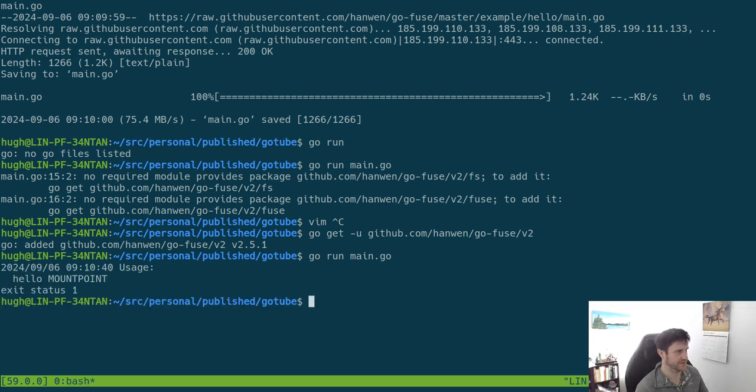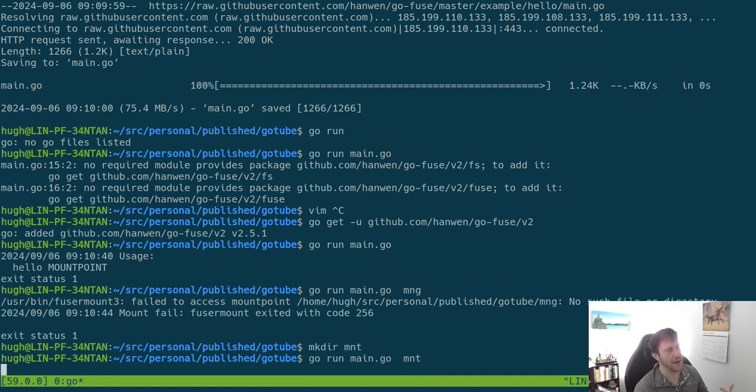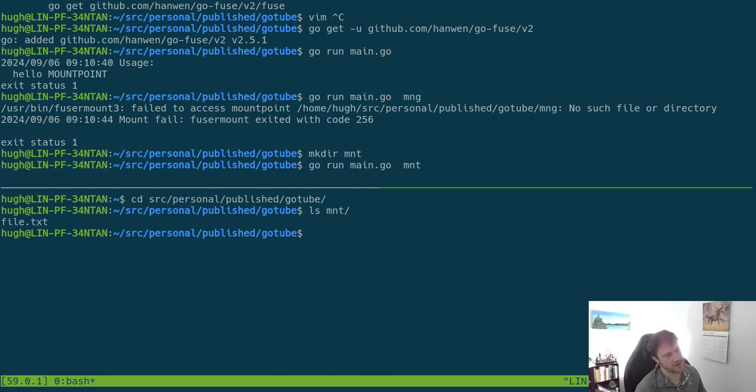So what this is going to do is, we kind of need to make a mount point, and if we run this against that mount point, what that is going to do is, in this fairly newly created thing, I don't think this is going to exit. So what I'll do is just jump in here, and we'll look inside this mount, and it's got a